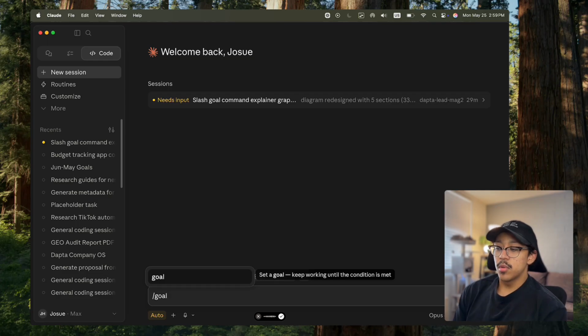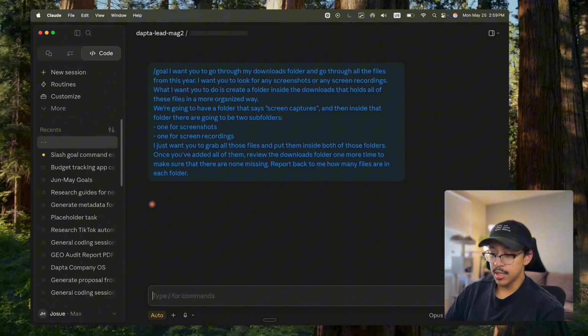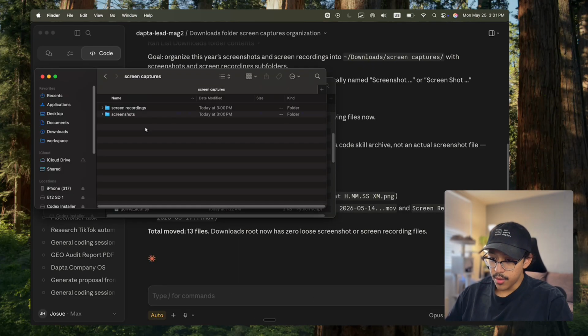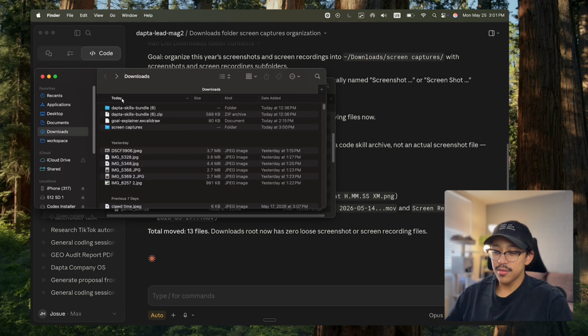Once you've added all of them, review the downloads folder one more time to make sure that none are missing, and report back to me how many files are in each folder. So that's going to be my prompt, and I'm just going to send that, and we'll see what it comes back with. So it finished, and it looks like it only got a few of them,